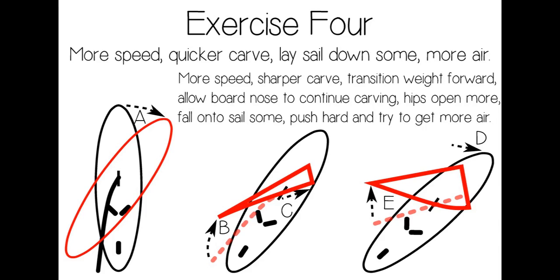Exercise 4 now introduces body weight movement in addition to sail and board movement. When you go to push the sail against the wind, lean your body towards the apparent wind and try to fall a little bit onto the sail. When the sail is pushed as you straighten your arms, it should also stop you from falling and prop you